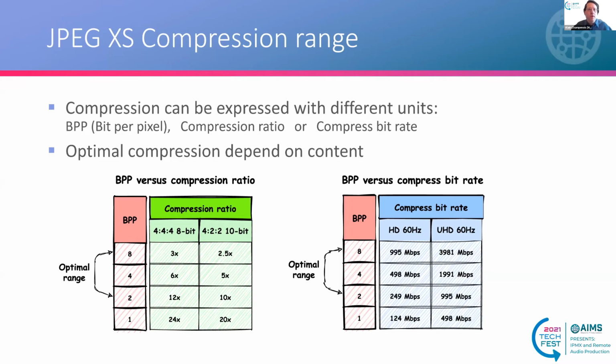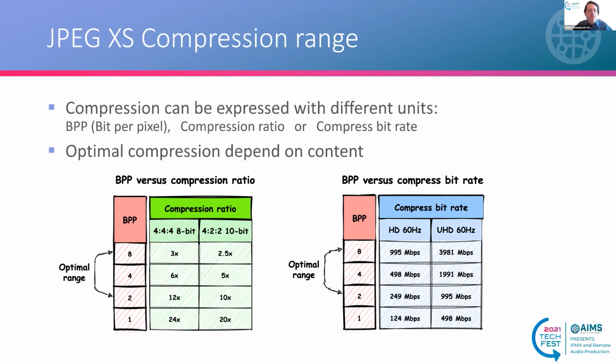The two other metrics that are also used to define compression are the compression ratio, which represents the ratio between the input size and the code stream size, and the compressed bit rate, which is the final code stream size. We can see in the table how the BPP relates to those other compression metrics. Please note that for the bit rate, we only mentioned the video code stream size. So you need to account for extra bits for the Ethernet IP protocol and any type of error correction that you want to